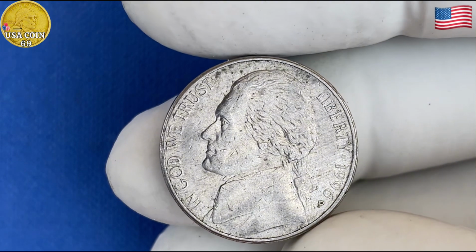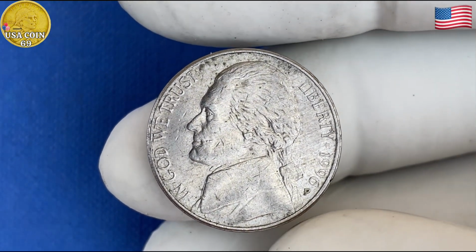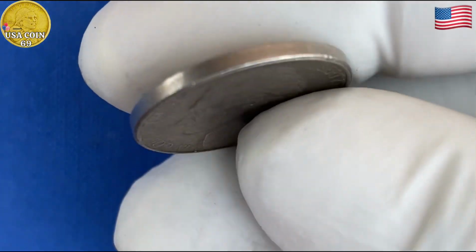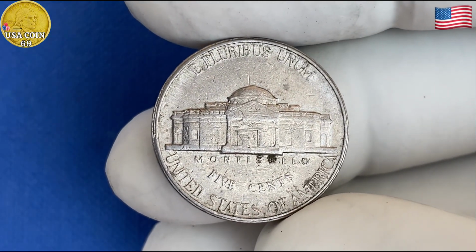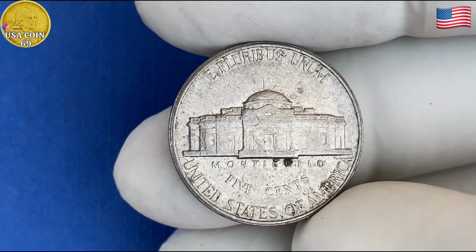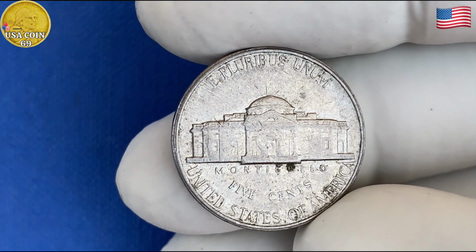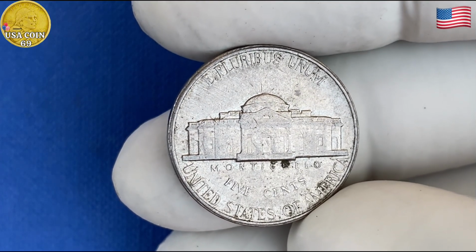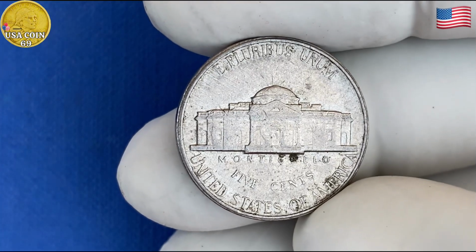Now, let's get to the part you're probably wondering about. Just how much could a 1996 Jefferson nickel be worth? Well, in most cases, a standard 1996 nickel is still worth only 5 cents. However, if you happen to have one that is in pristine condition, or better yet, one that is a rare minting error or an SMS coin, you could be looking at a significant payout. The value of a well-preserved or error coin can rise drastically, with some examples selling for as much as $44,000. Yes, you heard that right,